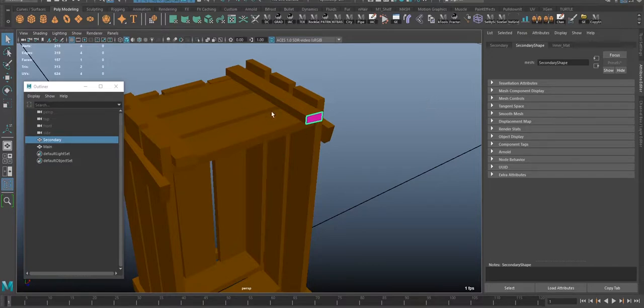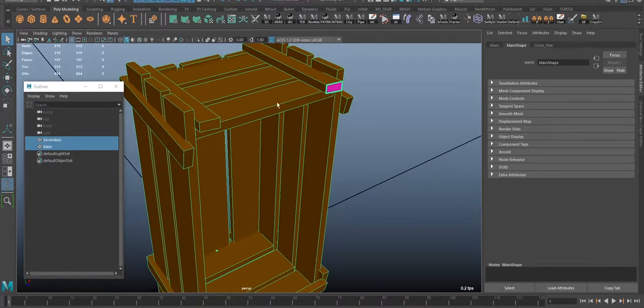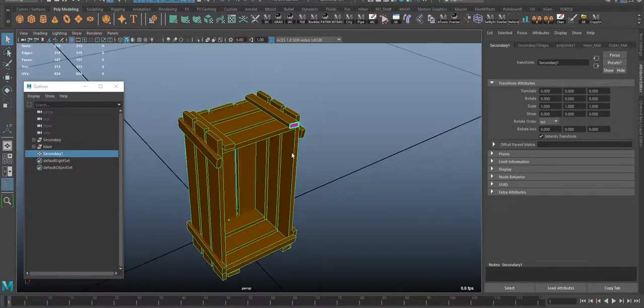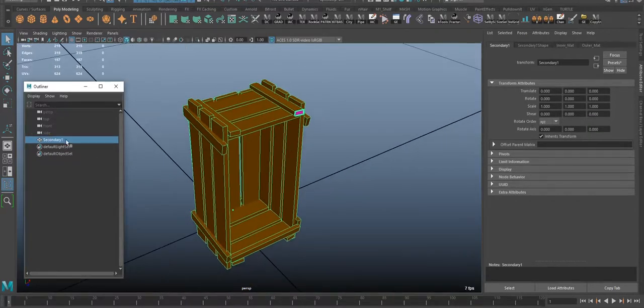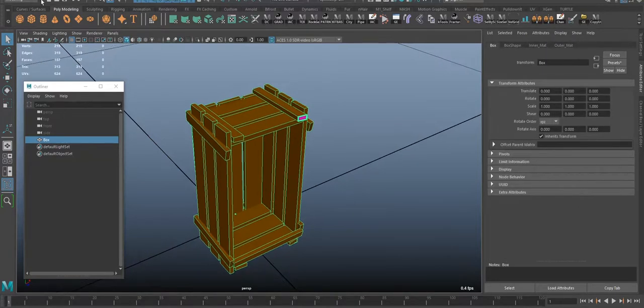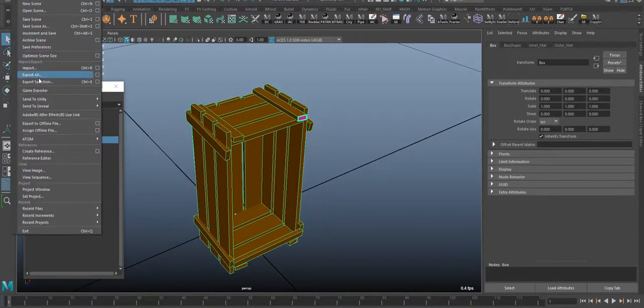So what I'm doing, I'm selecting this little polygon here, then I'm selecting the box. I use mesh combine to combine those meshes together, delete history, and this is my box. As you can see now, the inner material is first and the outer material is second. So I export this,